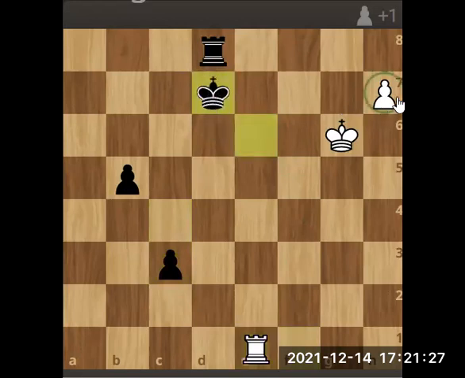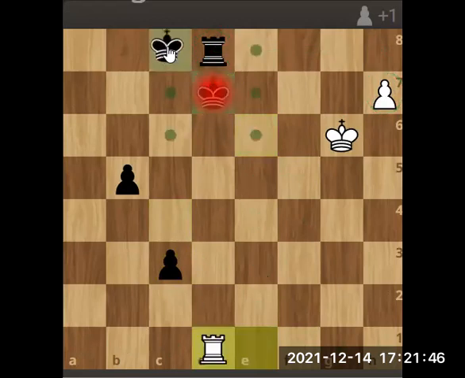We notice that we have a passed pawn here. We want to make it a queen. But this rook is defending this square. So what do we do now? We remove this rook. Now how do we remove this rook? Using the same skewer tactic, we give this check and we skewer the king. So it moves out of the way. Say it comes here. Now we take the rook.